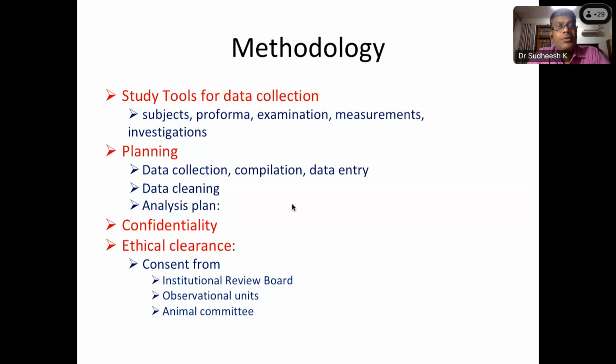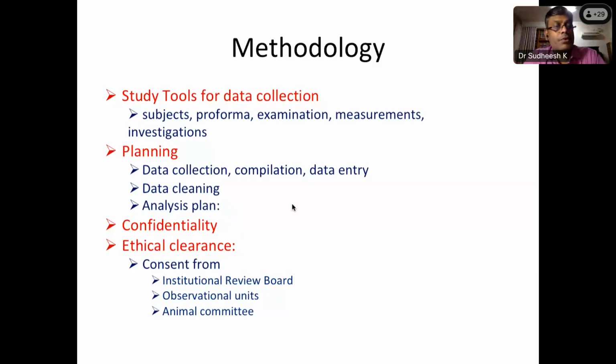That is, you are ensuring that the patient's name and patient details are not given. It's only the data values that are given, and how you are going to safeguard the patient's identity has to be clearly mentioned in the methodology in the synopsis. Likewise, how we are going to apply for ethical clearance, and whatever